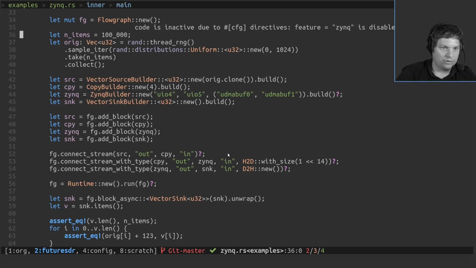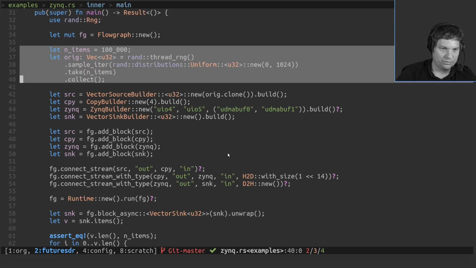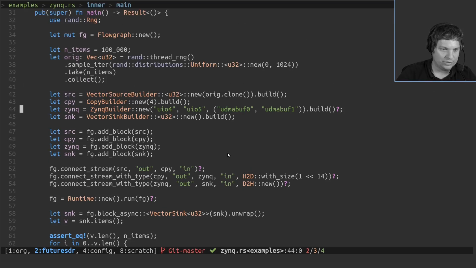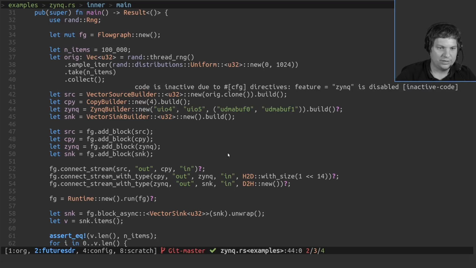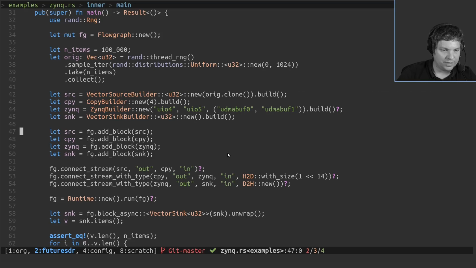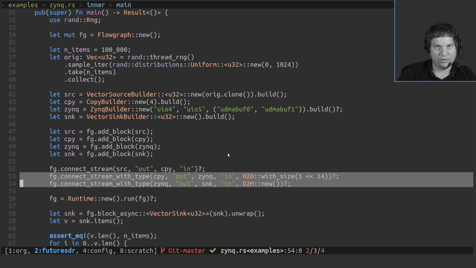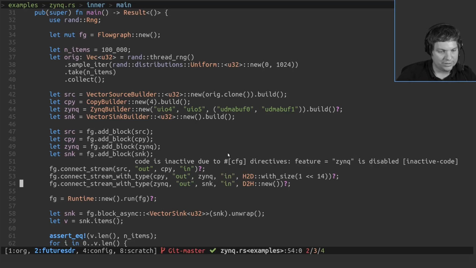We create a flow graph and have some random data, put it in a vector source, copy it. Here we have the sync block on the FPGA. We got a vector sync to get it back on the host. We connect it up, this time with custom buffers for host to device, device to host for this FPGA stuff. So this is interfacing DMA engines.